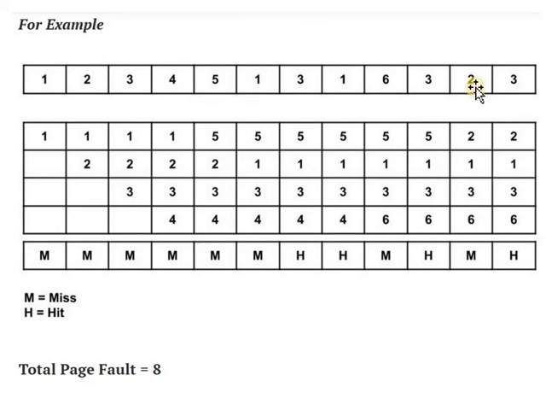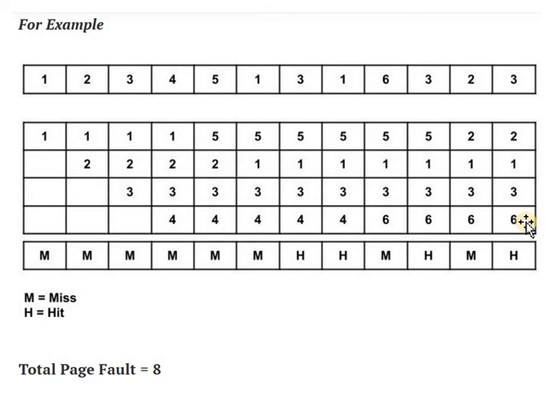When 2 comes, it is not available in memory. So, a page fault occurs and page replacement is done, and page 5 is replaced by 2 because page 5 is not used recently. The 5 page is not used for the longest period of time. So, here 5 is replaced by 2. And when 3 comes, it will check inside the memory whether 3 is available or not. Yes, 3 is present. So, here a page hit will occur and there is no page replacement.